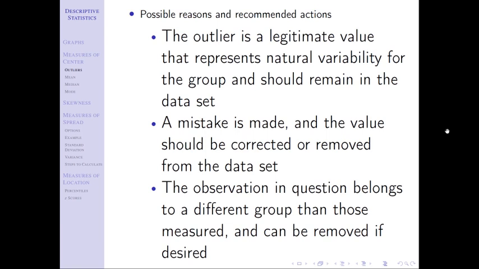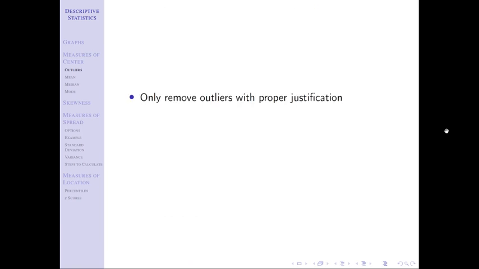And again, hypothetically, what if I can't ask you about your data? Then now I don't even know if that's one of the possible options. So the issue that we have here with outliers is we don't necessarily easily know which of these options an outlier could come from. Okay, and in your notes you see there, we say that only remove outliers with proper justification. Now, I'm not going to ask you to remove or not. That's just a general tip.